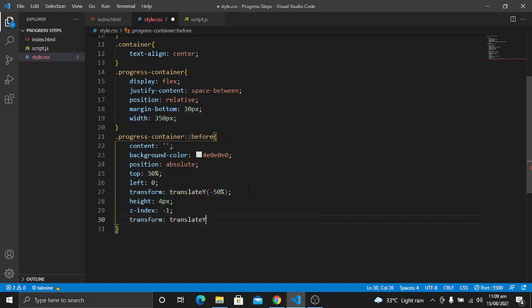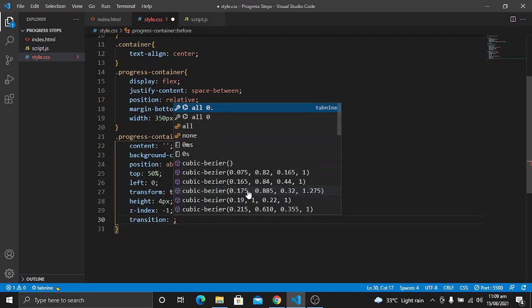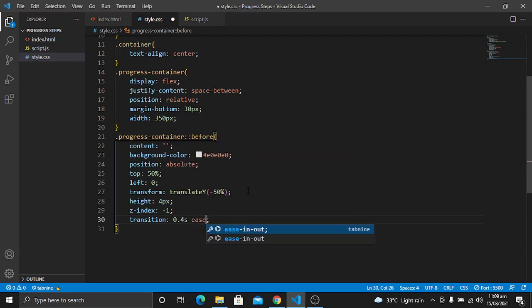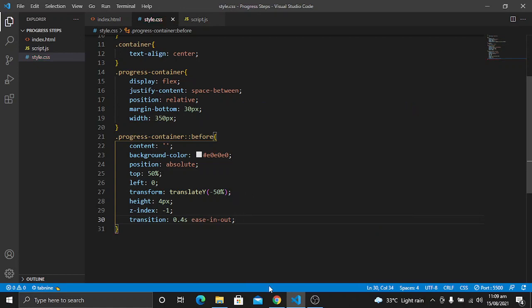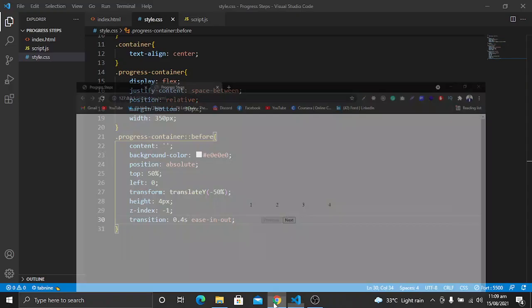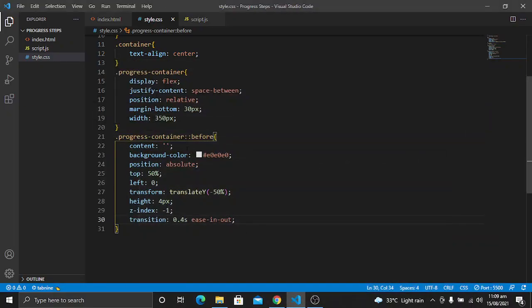We also want a transition for this, not a transform, because it will look smoother. So the transition is going to be 0.4 second, and width. Let's save it first of all and just refresh the page. You will not see any changes here because we are just targeting the before right now,